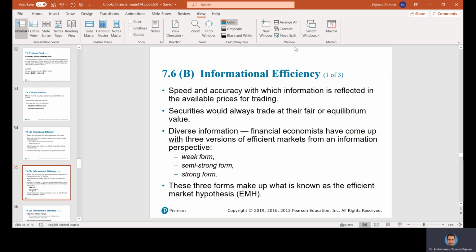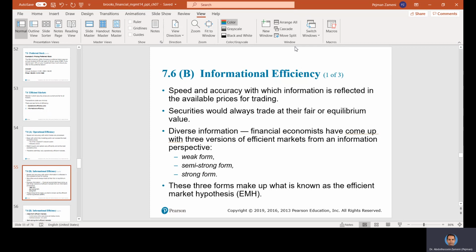If there is a negative news, the price of a share is going to drop immediately or with a minimal delay. That's the meaning of efficiency. Informational efficiency means all the available information would be reflected in the price of a share. Securities would always trade at their fair or equilibrium value in the